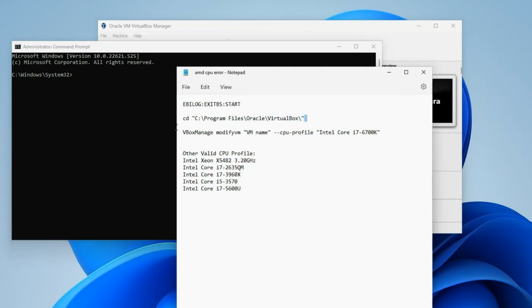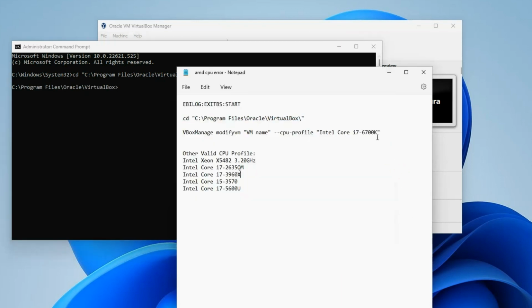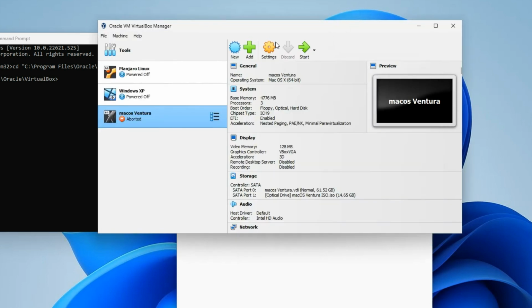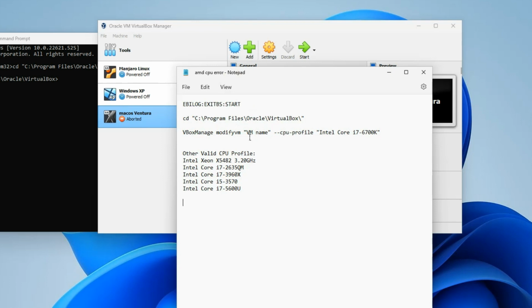Now paste in the first command over here to move into VirtualBox directory, and then the second command to configure our machine as Intel Core i7. Now before we copy the second command, we have to change this VM name to our machine name. So let's head to VirtualBox, go to settings, and then on the general tab you can see our machine name over here. Let's copy it, and then replace VM name over here with our machine name, and then we can copy the entire line,